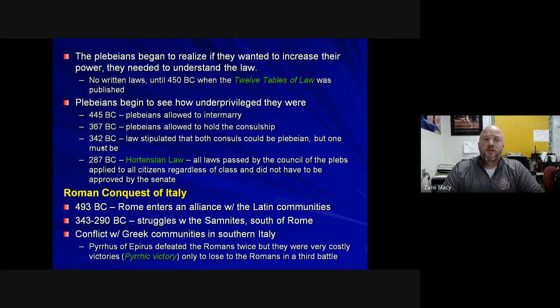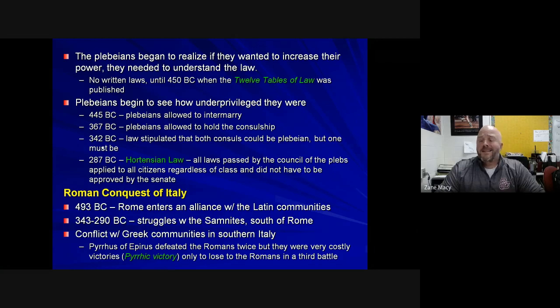end up being a situation where a patrician candidate is going to have the money, they're going to have the political backing, where they'll be able to call in favors and pull votes to make sure that they get elected, where a plebeian politician isn't necessarily going to have those same connections. So it's legal and it's possible for a plebeian to serve as consul, but it doesn't mean that it's going to happen anytime soon. And because there were so few plebeian consuls over the next 25 years, in 342 BC,